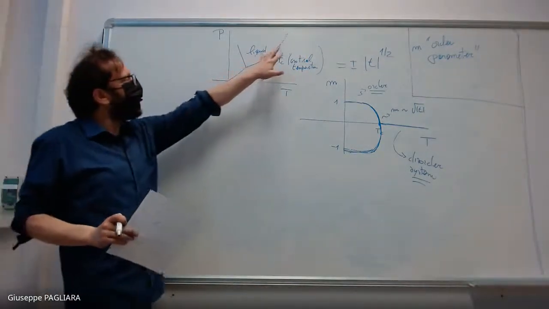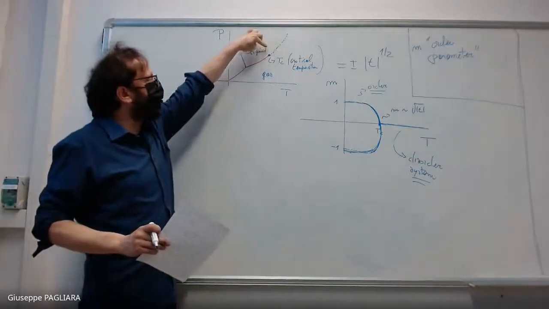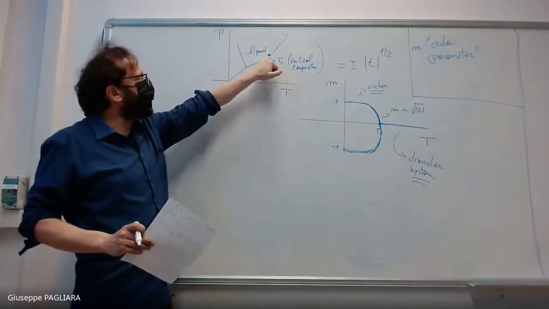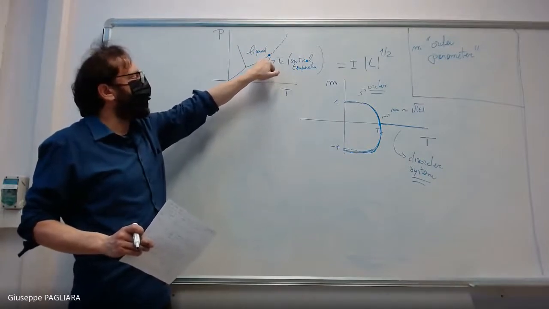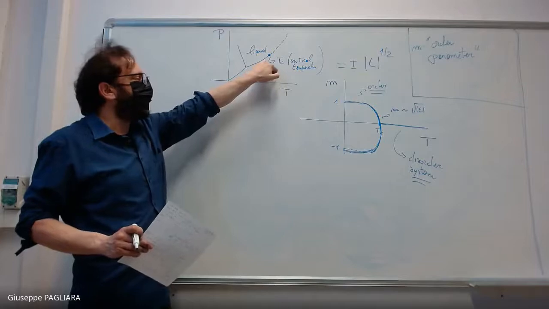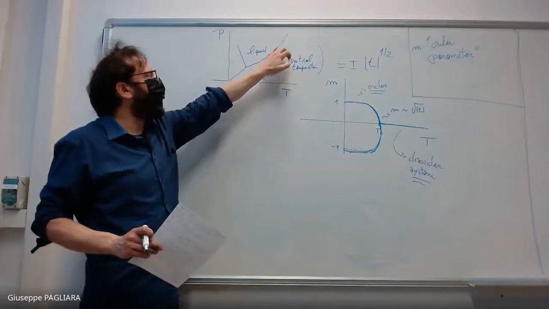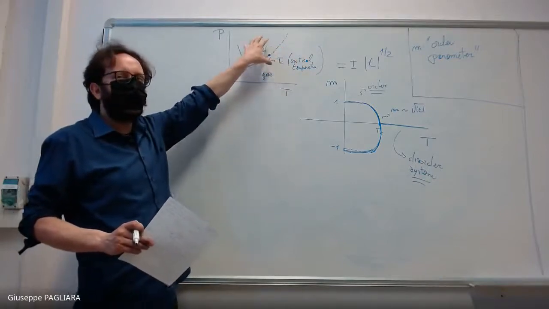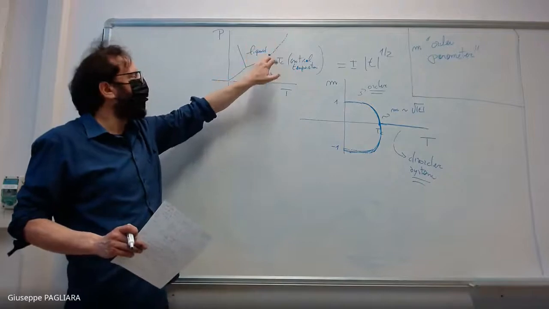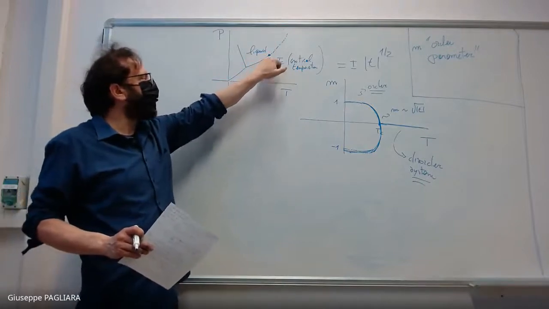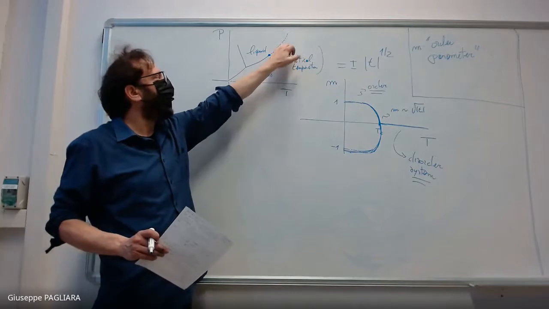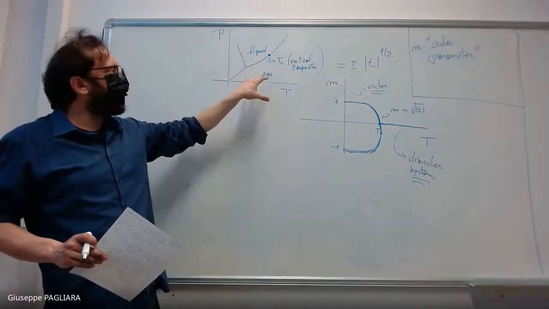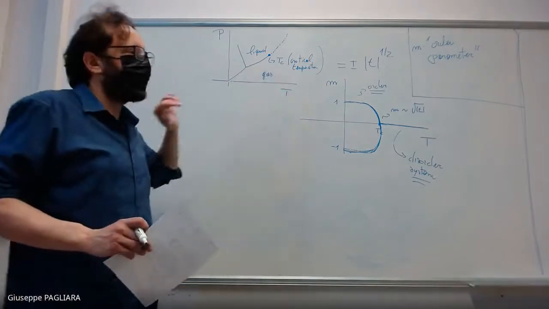If you concentrate on what happens around Tc, we have that below a certain value of Tc, we have a first order phase transition line. Then we have the critical temperature, and then we have a phase in which basically we cannot distinguish the liquid from the gas. Then at Tc we have a second order transition, and then no phase transition. Okay, so although the system is completely different and the interactions are completely different,